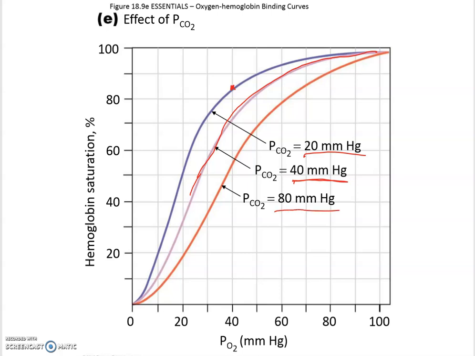If we are way too high on the CO2 concentration, at 80 millimeters of mercury, then we would actually have a hard time loading. We would still load at 100 millimeters of mercury of oxygen. We would still load to 100%. But when it comes to the tissues, then we are releasing way too much. And so basically we're then at 55 percent of hemoglobin saturation. So anyway, on those three curves,